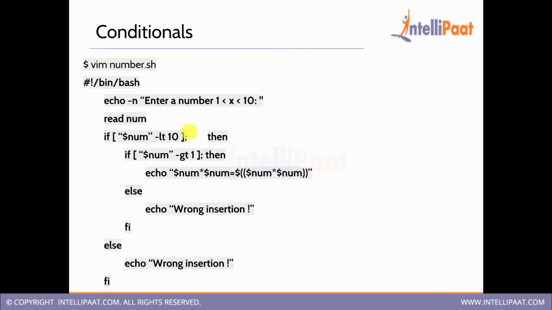Now let's come back to the second script. The second script is a bit more complex, but pretty interesting. First of all, we echo "enter any number which is greater than 1 but less than 10". So the user will input a number, and it will read that number from the user input. Now we are giving a condition in if, that if the number is less than 10, then